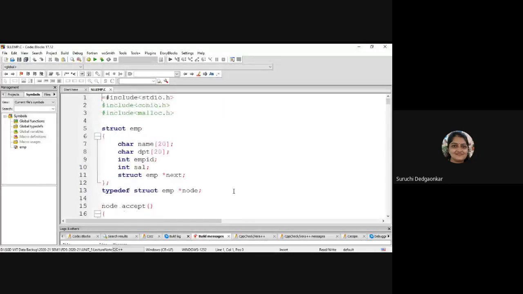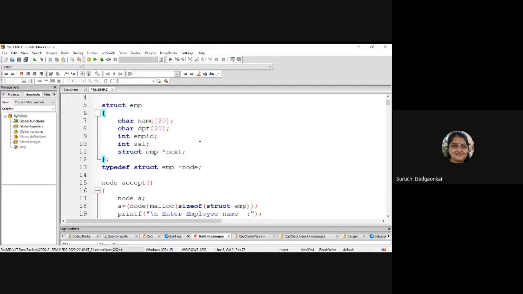This assignment which I am showing is on employee database, but you can implement it simply for integer data. Here the node is containing employee data: name, department, employee ID, salary, etc., and the pointer next.